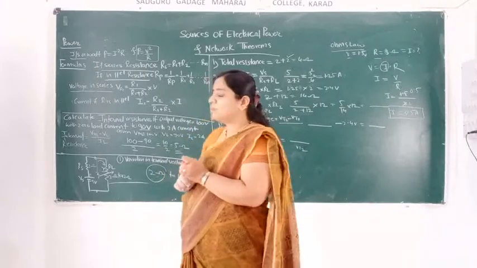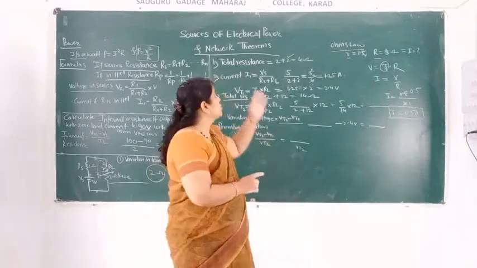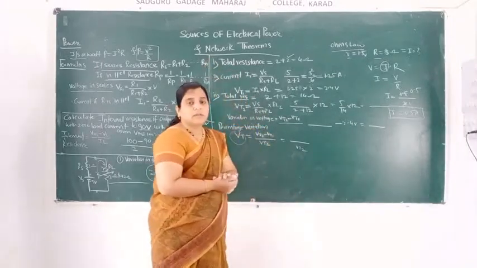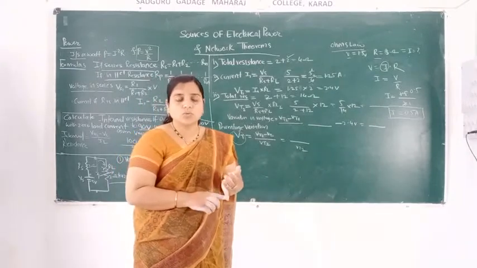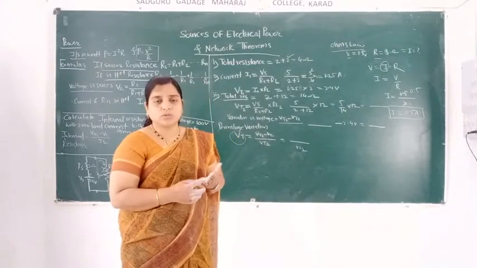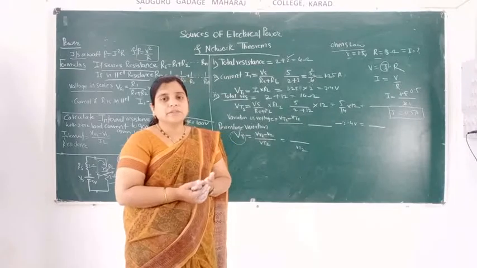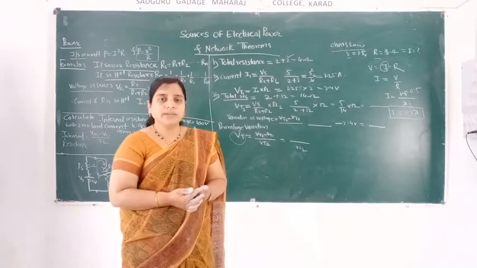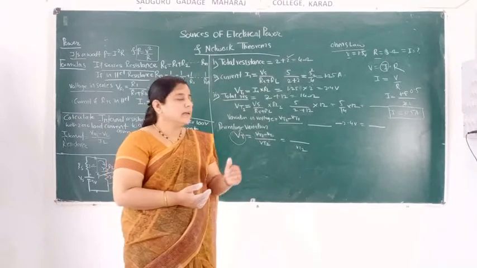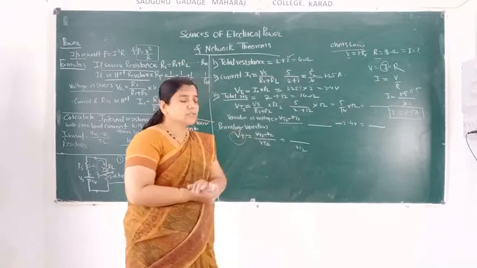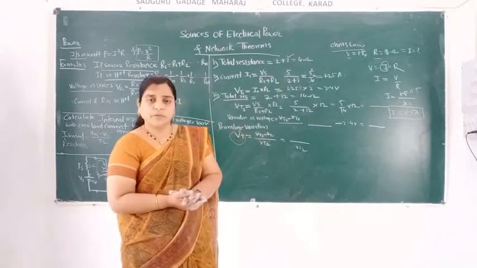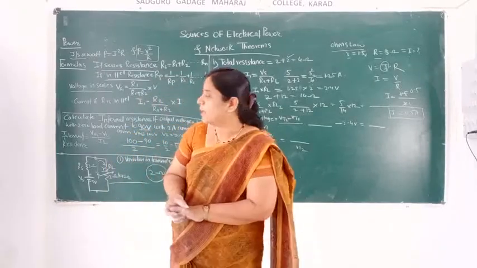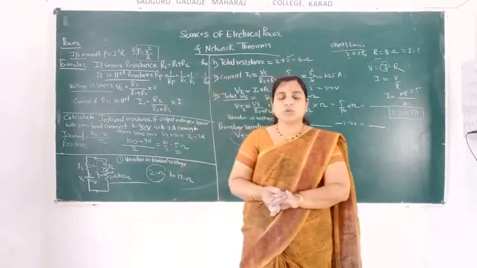That is power. We have seen sources of electrical power: AC source, DC source, rectifiers, oscillators and signal generators. According to that there are formulas, and you can solve the examples according to those formulas. Okay, I hope you understand this. I will stop it here.